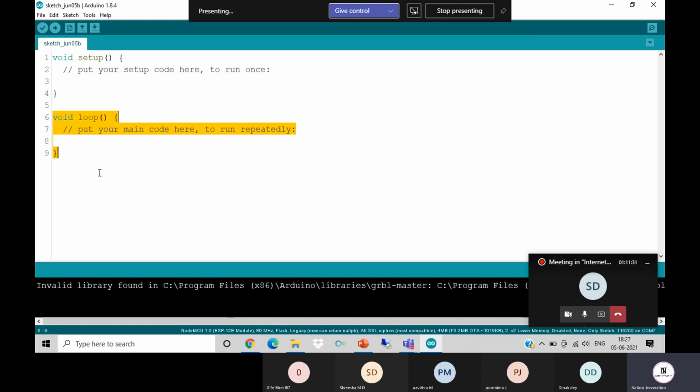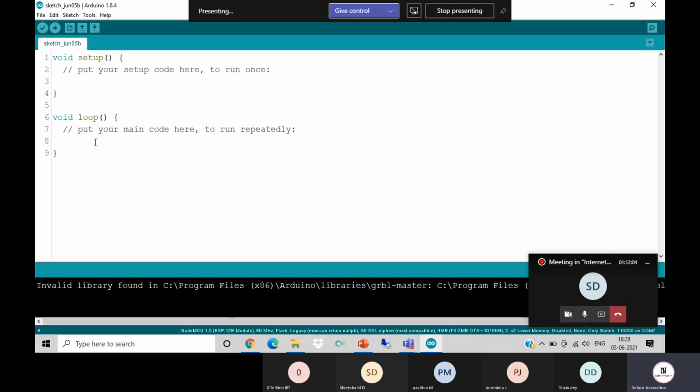In the void loop section, the code runs continuously in an infinite loop, and your logic will be established over here. Suppose if I press a particular button, I want to turn on something. It can be a TV, fridge, fan, or a light. This is the basic logic, and that logic will be built over here. Whenever I press that button, it is going to turn something on. This is the logic which we are going to see and build.